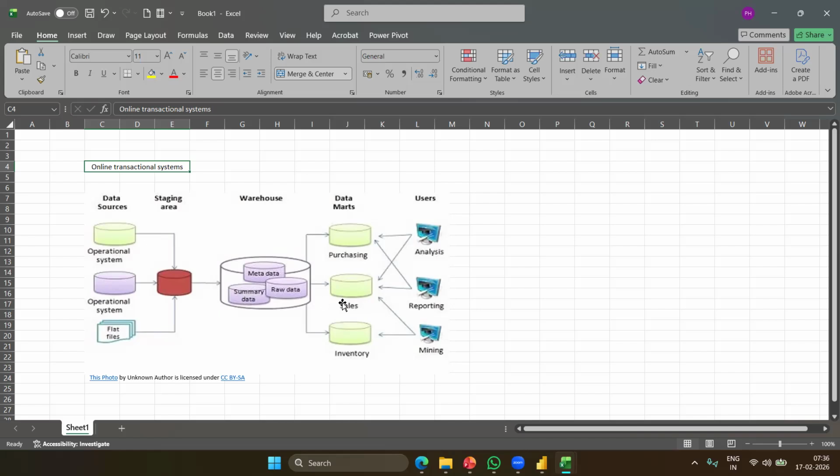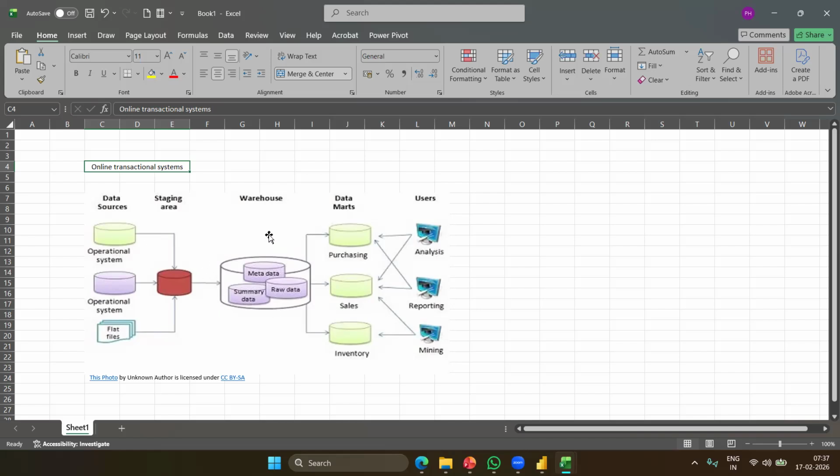All they need is, okay, how much inventory is available, right? Or in which area, what kind of products are being sold. So what the sales data mart will do is, it will take a subset of the information related to the sales and create a small data mart, and analyzing, reporting and everything is done.